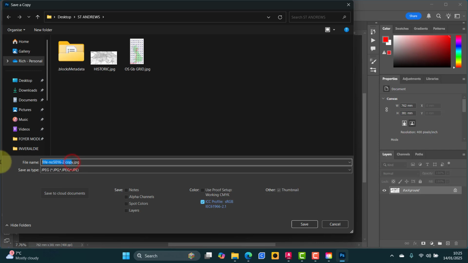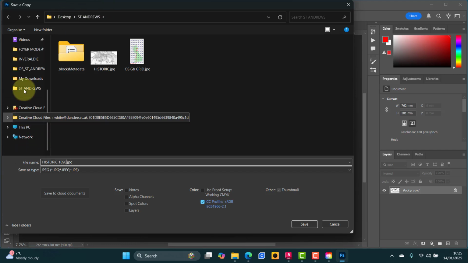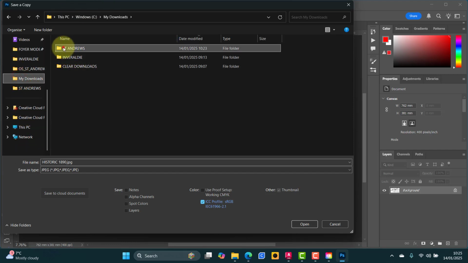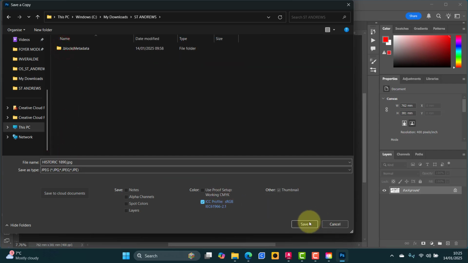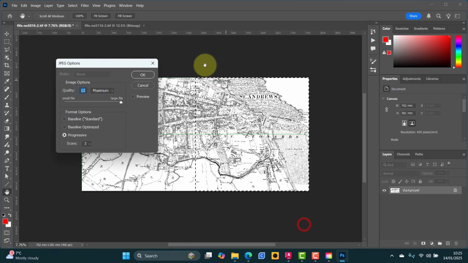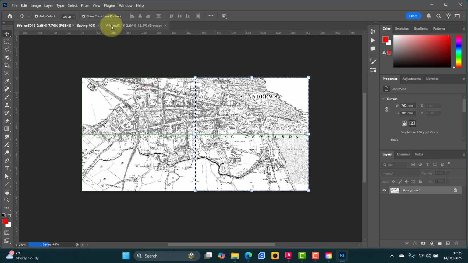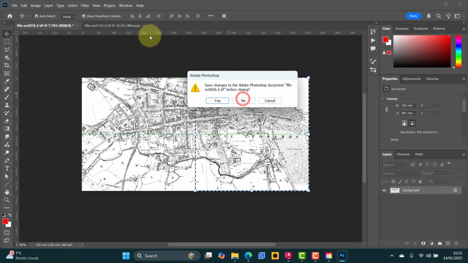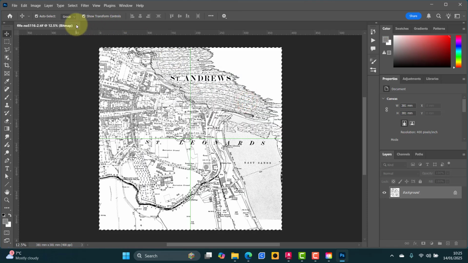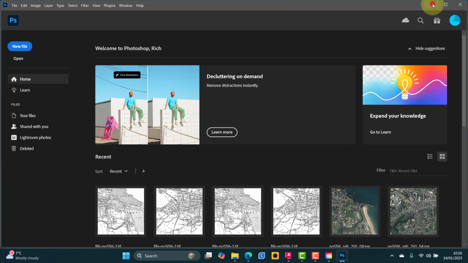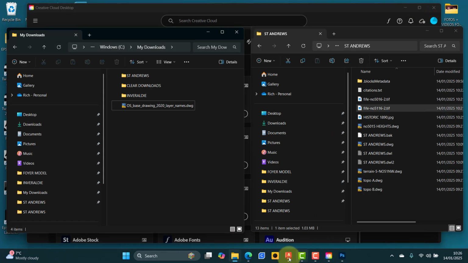Okay, and I'm going to just rename this to Historic 1890 and save. Oh, better save it to the right place. That's not the right place. St Andrews Historic 1890. Save. Okay. No need to keep these. We can just close them. Okay, I'm going to keep Photoshop open because we will need it in a moment for the aerial,